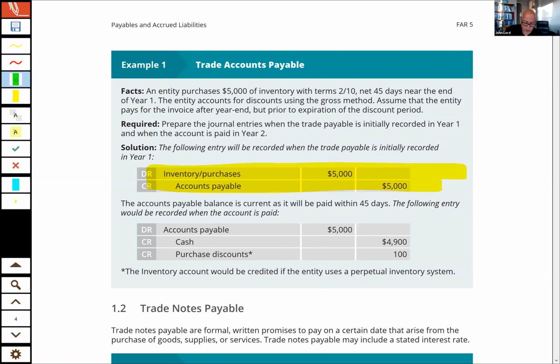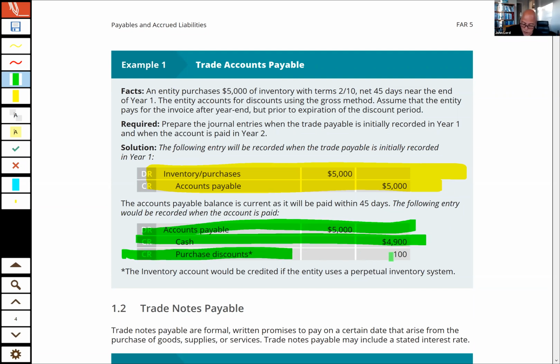If you use the net method, then you would set that up net of any discount. Now, it's worth noting that when you pay it, regardless of whether you use the net method or the gross method, the discount reduces